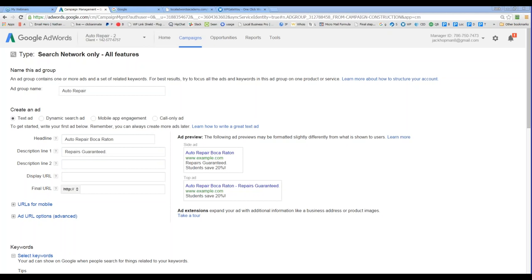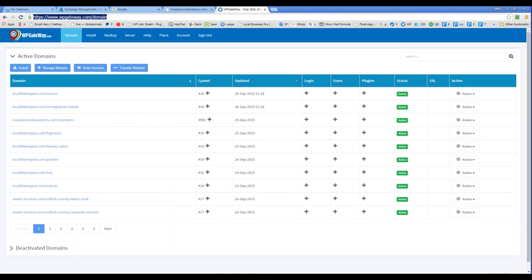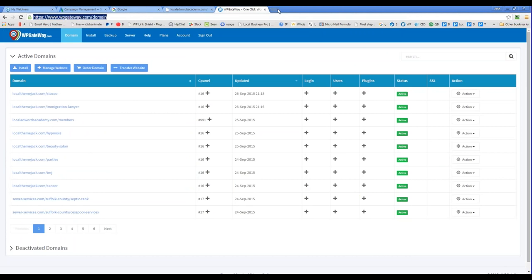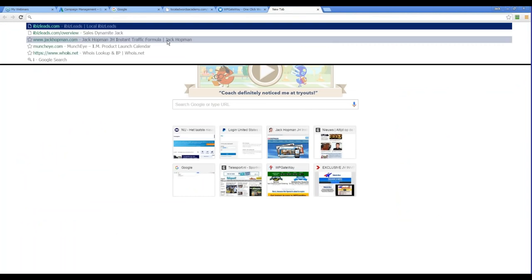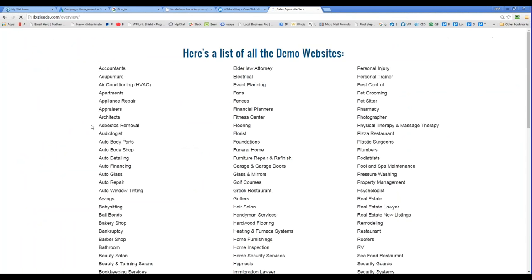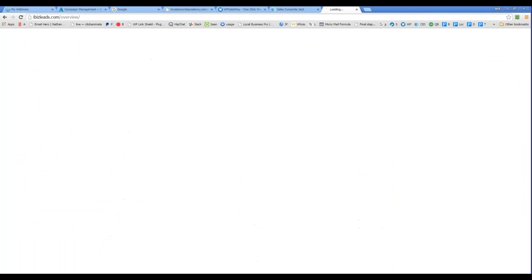Then the destination URL. This is what you will see when you search with a keyword and you see an ad. So what you want to do, if you want to go to IBIS leads or whatever, you have the customer website, and I'm going to just pick one.